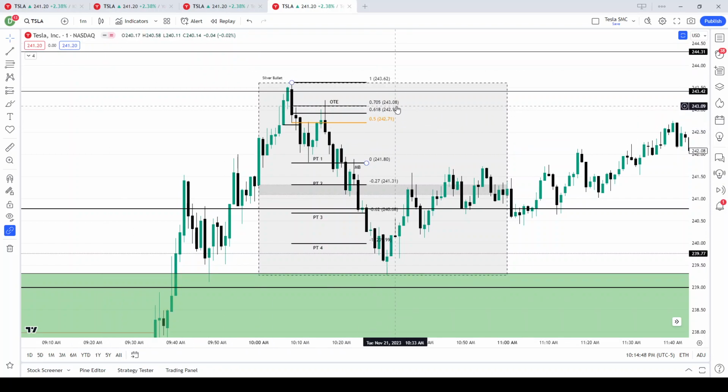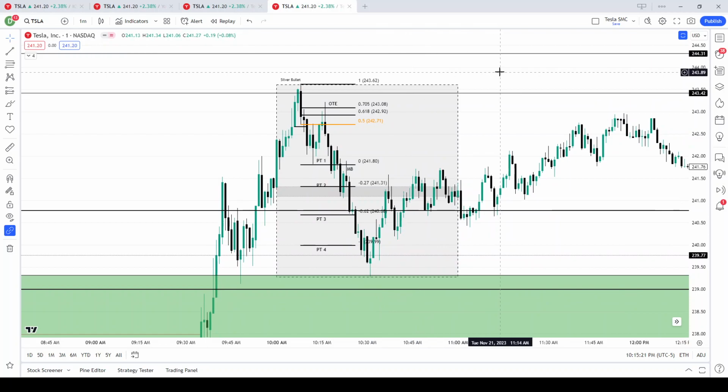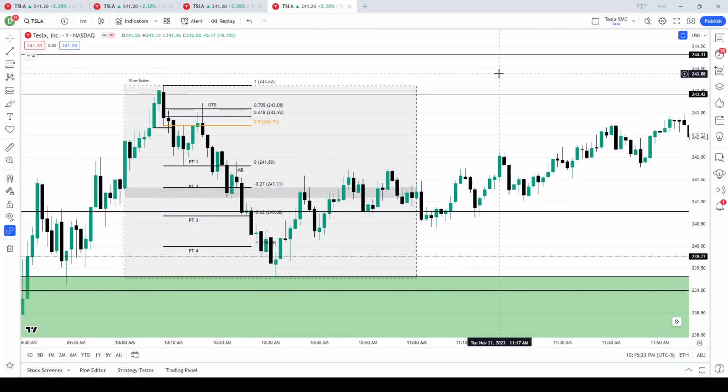But if you caught it perfectly or near perfectly, you got a 243 entry. And if you were taking a 245 or a 242.50 on the put contracts, then you caught a ride down to 240. So basically a $3 move on the stock, which would have been a nice little payday as far as your options contracts go. Would have probably been like 30 to 50%. There would have still been plenty of time, so the premium would have still been good for that contract specifically. So we'll be watching and see if we can catch more of these silver bullet setups that I can provide